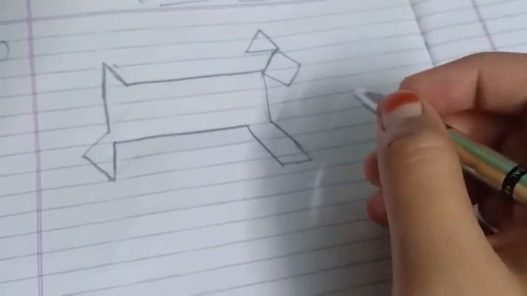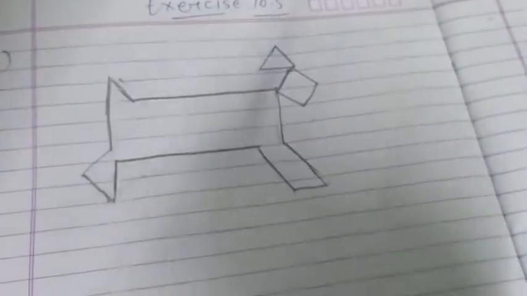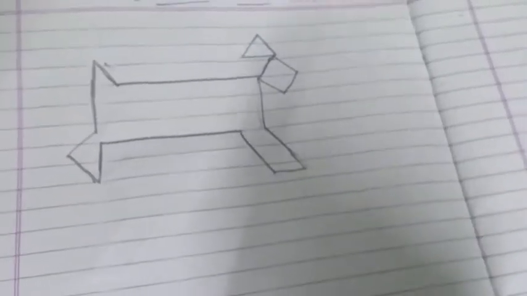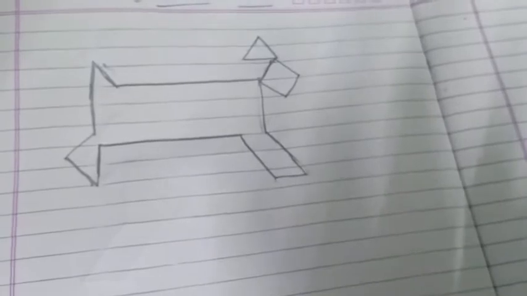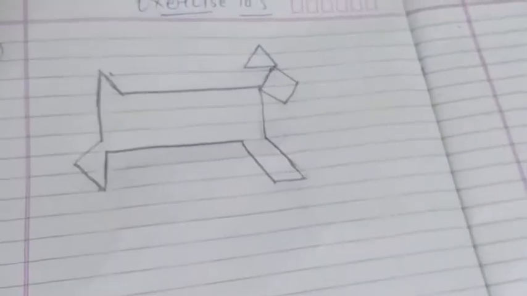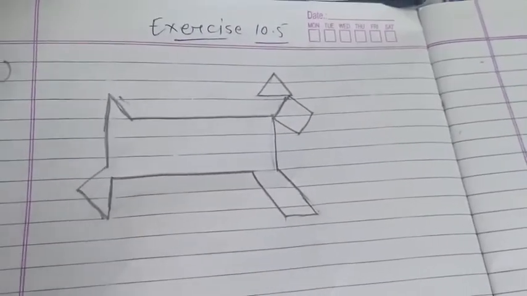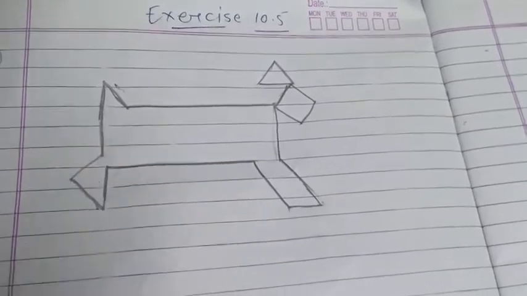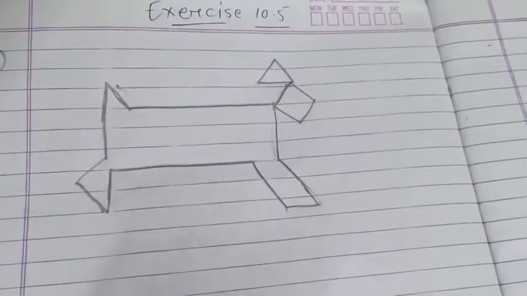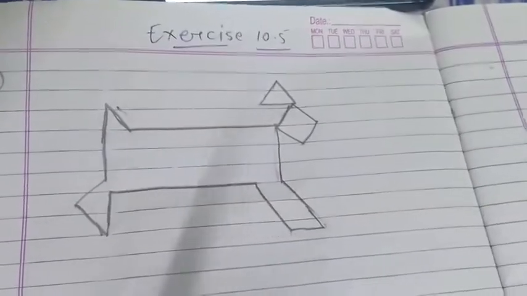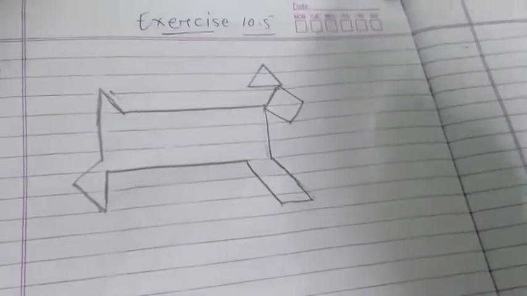Okay, for the solution I just drew this in my book, but you don't have to draw this in your book. You have to complete this work in your textbook. You have to take your pencil and make the lines a little dark, so that the lines will be a little visible. Right, so you have to solve it by yourself in your textbook. No need to write in the notebook. So nobody has to message me to ask, ma'am, do we write in the notebook or the textbook. Okay, I have clearly told you that you have to solve this exercise in your textbook only, using a pencil to draw the lines. Okay, let's start to solve.